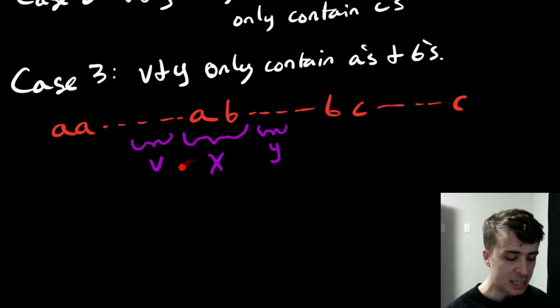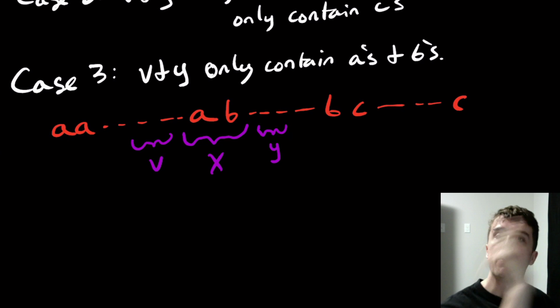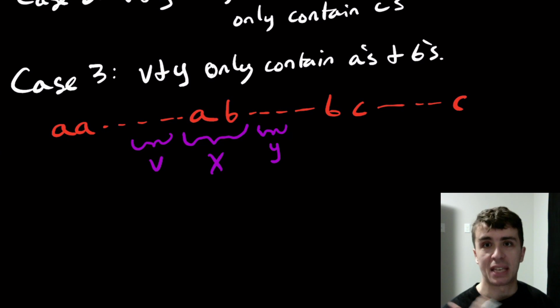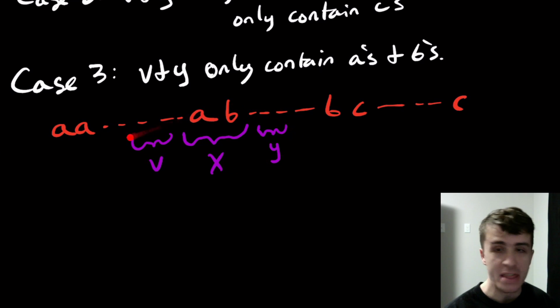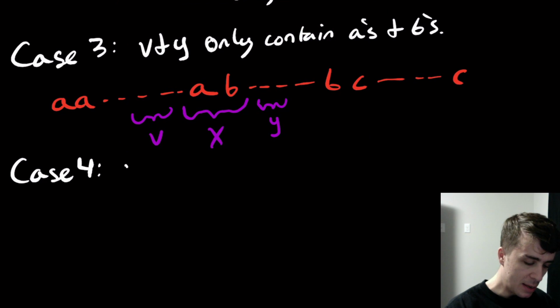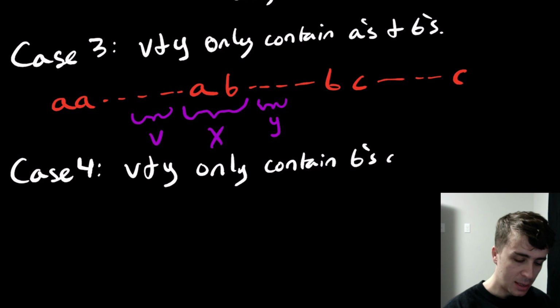Because of this decomposition, if I have the same number of a's and b's for the v and the y part here, we can actually pump up and still have the same number of a's and b's. But because of these c's over here, that allows us to show that this cannot be pumped in this particular case. And then if we look at the other possibility, which is that v and y only contain b's and